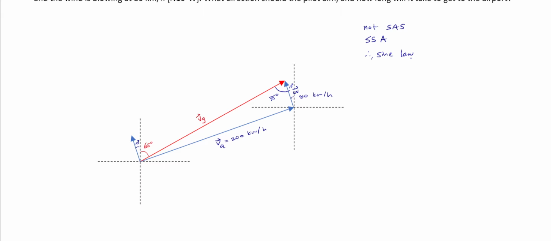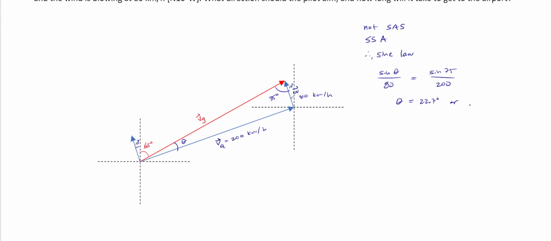All right, so I'm going to look for theta right here. So sine theta over 80 is equal to sine 75 all over 200. Theta is equal to 22.7